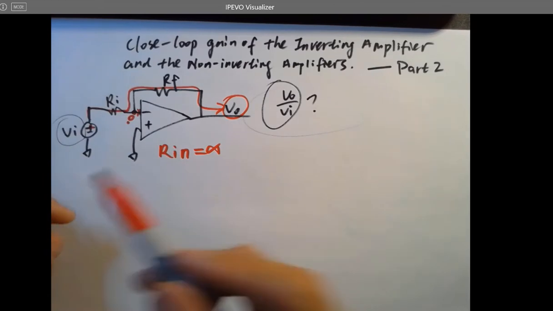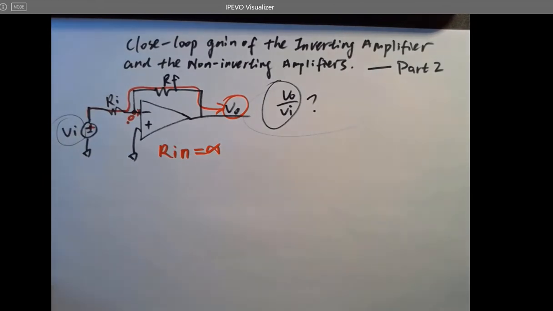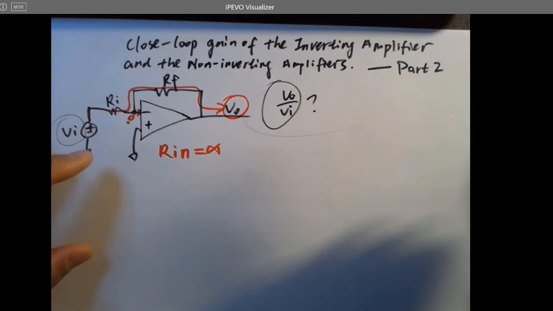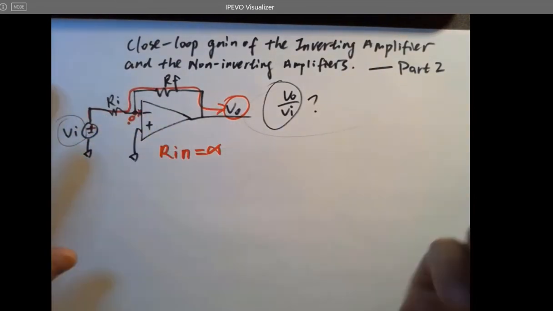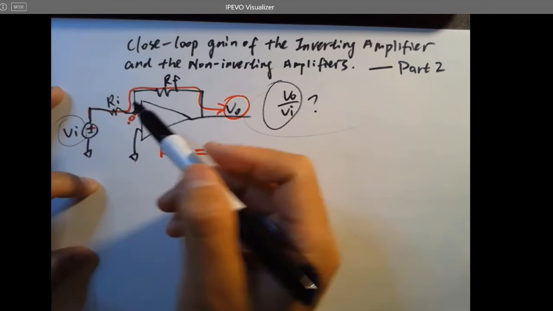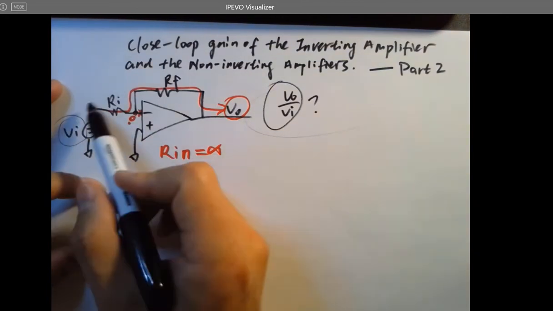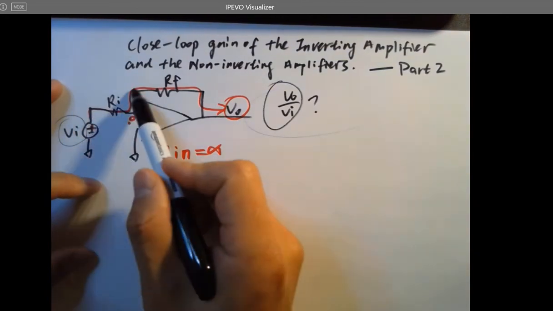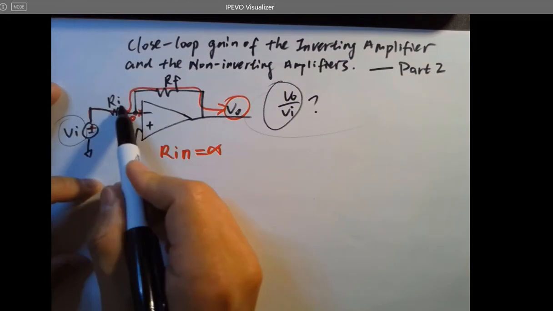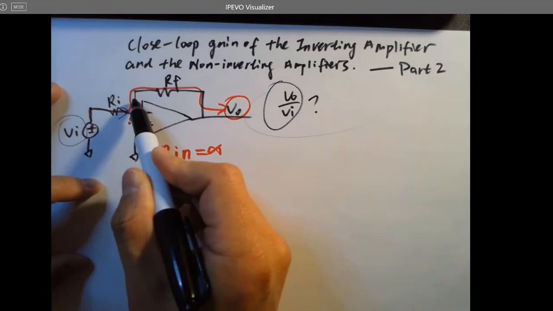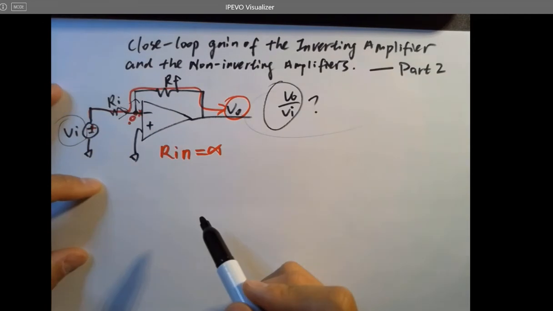But since we are just trying to model the current, we just define the currents flowing that way, which doesn't matter because all the currents are vectors, right? So we just draw the current flow in that way. And because the current flowing into the junction equals the current flowing out from the junction,